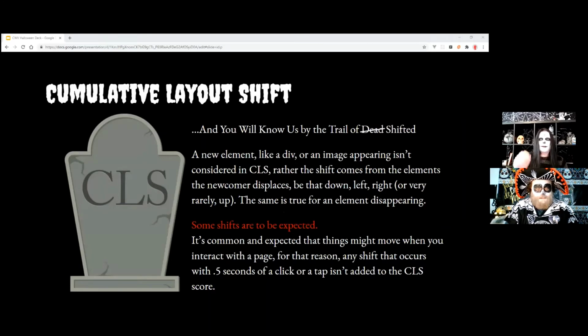So you could have a div up here that moves down and a line of text down there that moves down. They're all added up together. And another point to remember is you won't see CLS assigned to something that appears. So if you add something above something else, it's not got CLS, it's what it affects that has CLS. So when you shift something up, down, left, or even, I suppose, up,